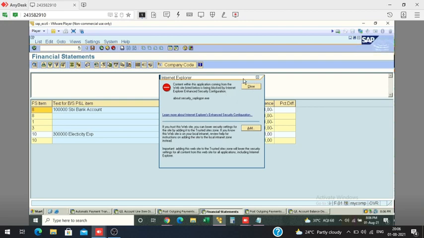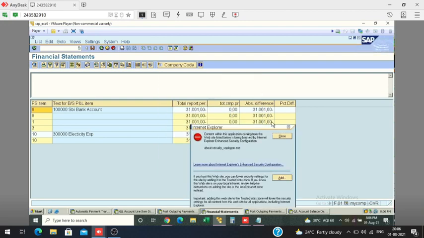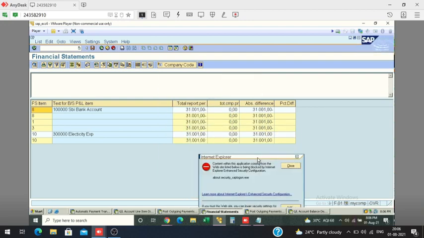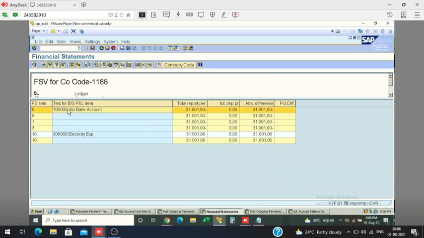See what the issue is here? Internet. See, this is your trial balance. We have used only these GLs. When you post customer, vendor, GL, all will come into this picture.